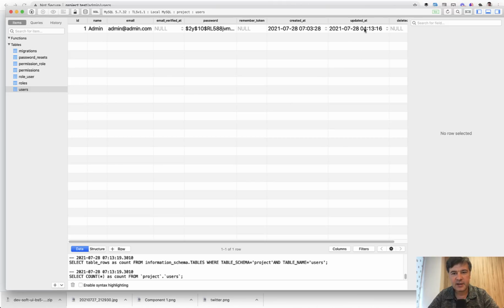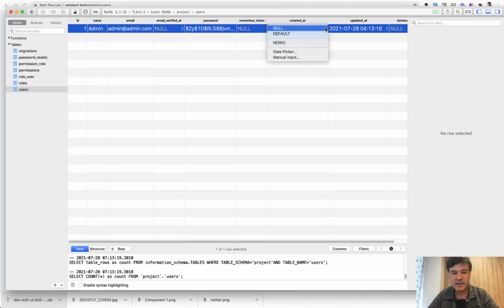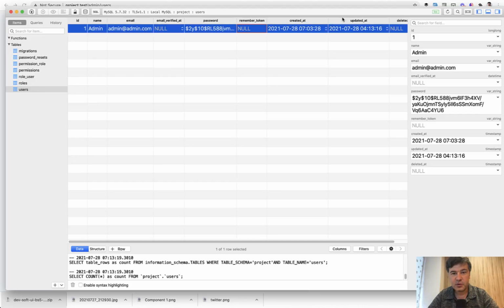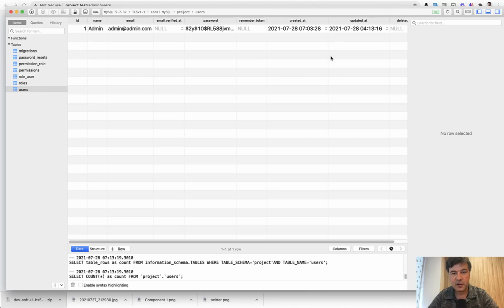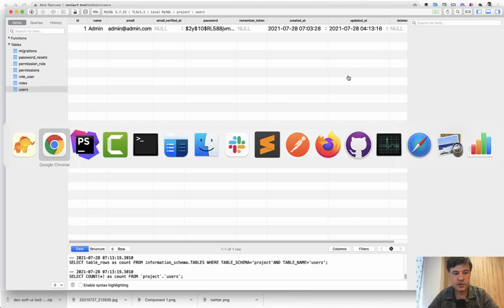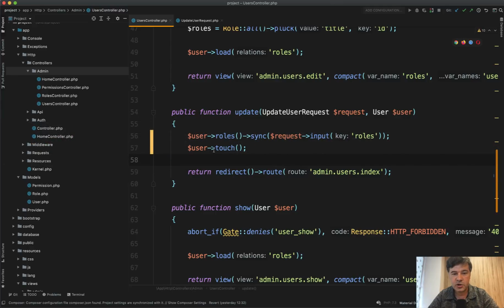So updated_at is earlier than created_at because I've set created_at as now in my MySQL client in TablePlus. So now for me the time zone is UTC+3, but the Laravel project which I made the update from is UTC. So that's why it's weirdly earlier because of time zones. But you get the point. So updated_at is updated with now of UTC or whatever is the config of your project